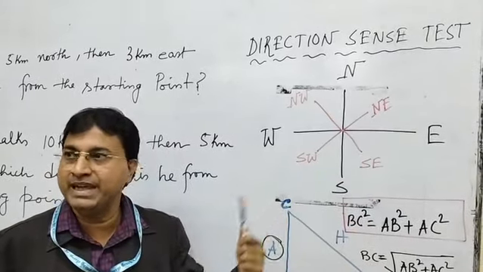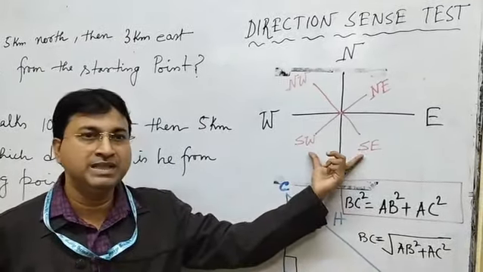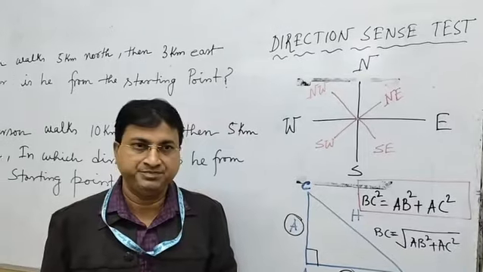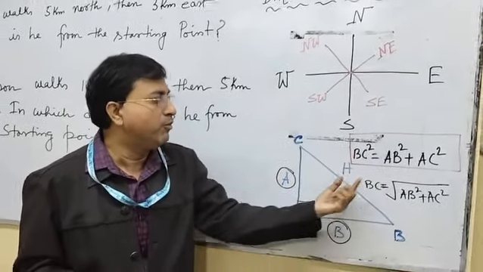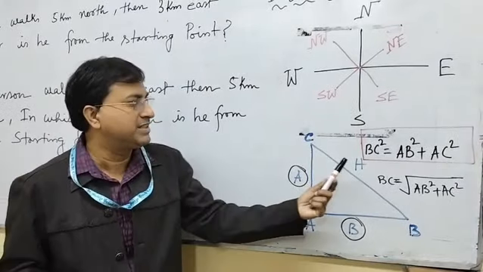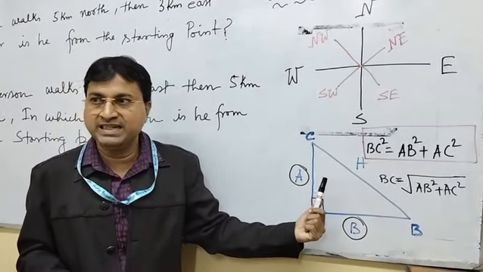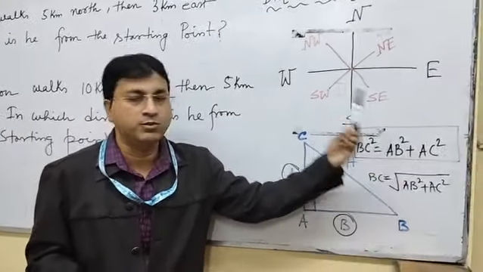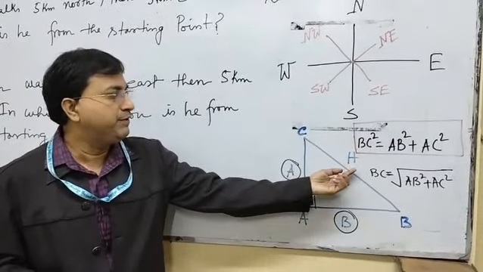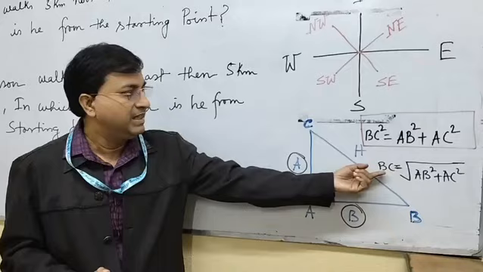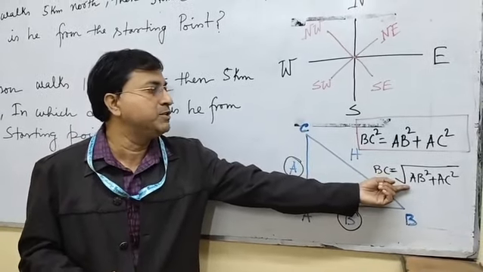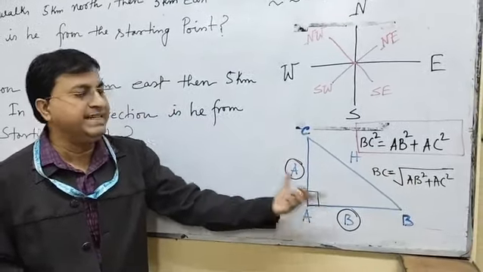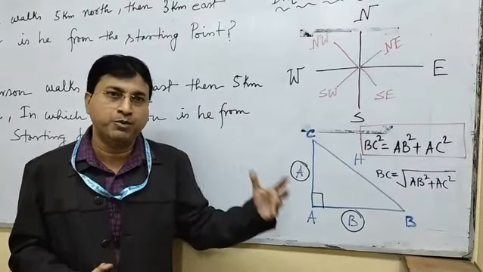On the basis of our given problem, we have to find out the exact direction and the length in that particular direction. So here the important formula we always apply is the Pythagoras theorem. In Pythagoras theorem, we find BC square equal to AB square plus AC square. So in short, if you want to find the value of BC, that is equal to root over AB square plus AC square. In that way, we can find any length as per the requirement of the problem.